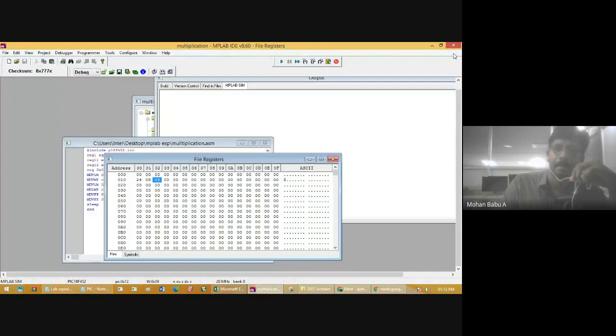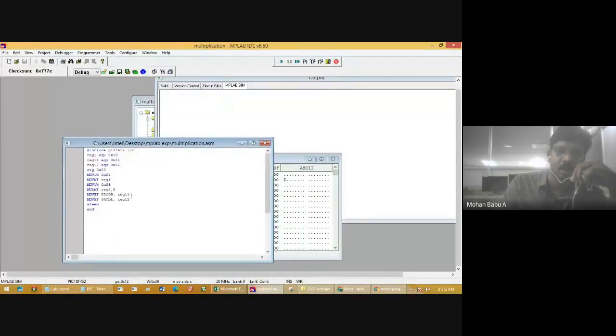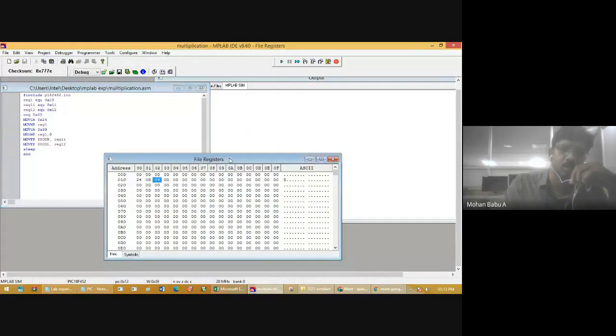Clear? That is how to do the multiplication and how to store the result. We gave two different locations, one for register 11 and another for register 12, to store the result for the higher byte and lower byte. After multiplying the value 39 with 24, the result is 804. The 08 is stored in register 11 and 04 in register 12, that is 0x12. Clear? That is how to perform multiplication and how to verify the output.